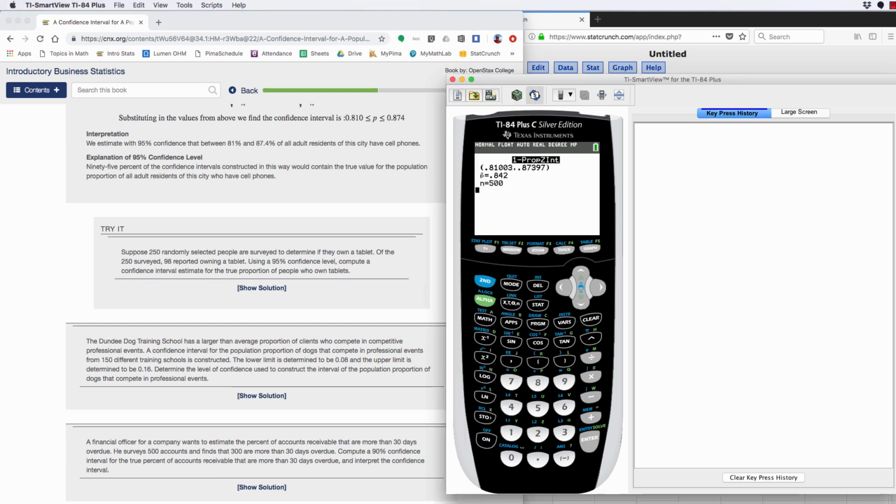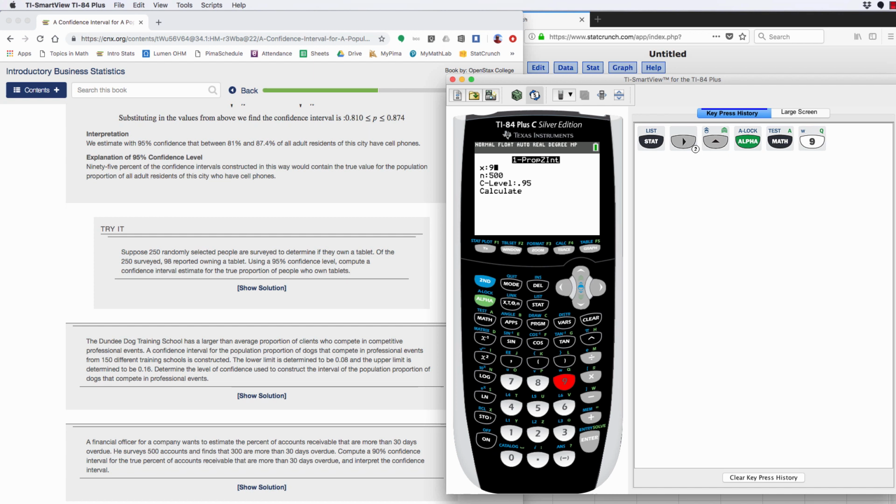Again, it's Stat. Go to the right over to Tests. Go up instead of down. We actually see it's A. The A sits above the math key as a green letter. So if we press alpha and then math, that is giving us the A value. And then we get to the same place we were at a minute ago. And we have